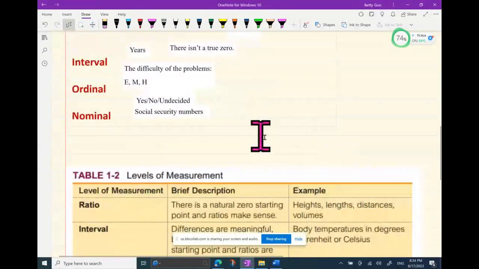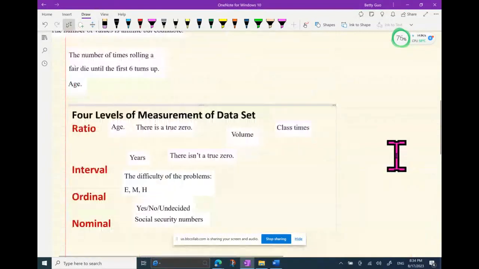Oops, I think I messed up the thing. Where does it go? Where's my